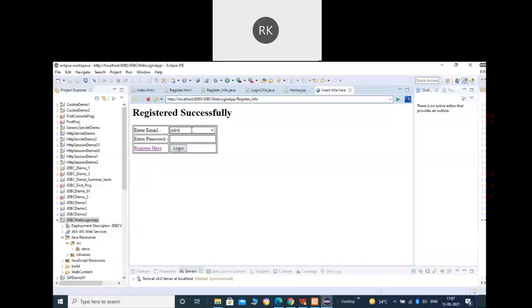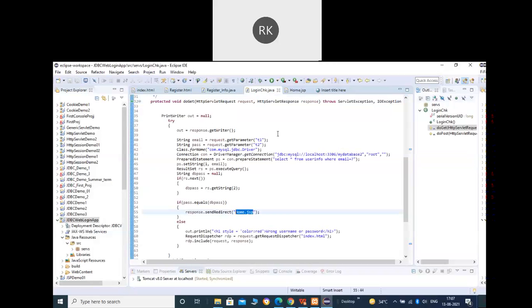All right. So after that, let me put the email. And before moving here, you can verify whether the entry has actually been stored in the table or not. So go to the database and try to refresh your table. And you can see now it has one entry: admin, 123, admin@gmail.com, and 1234 is the mobile number. All right. So now let me try to log in.